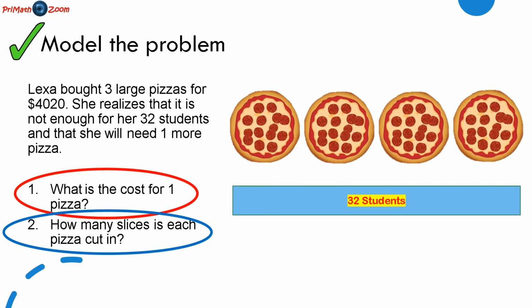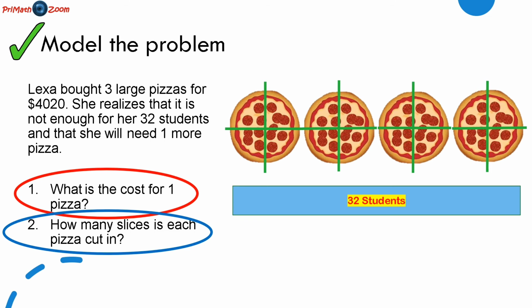number of parts. Now, when you look at 32 students, you realize that it is an even number. So we can start by cutting pizzas in halves and so on and so forth. Let us try to see if we can arrive at a solution. So let's cut each pizza in half. And if you count the halves that you have here, you realize that it is still not enough for 32 students. So we can go right ahead and cut it again in halves, which will give us each pizza being